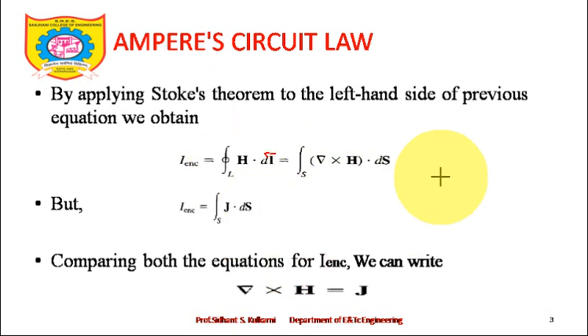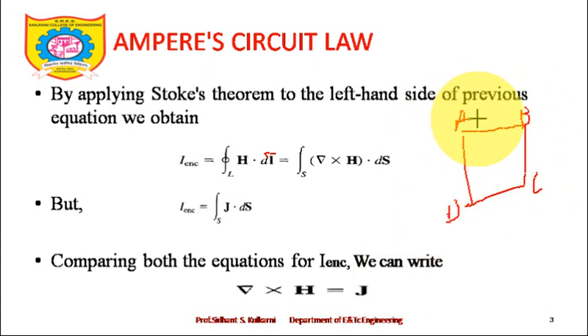See, a closed line forms a surface. Once again I will draw the same diagram. If I start with point A, go to B, then come to C, then D, and finally come back to A, it forms a closed path. So if I start my journey at point A and come back to point A via B, C, D, then definitely I have followed a certain surface. This surface is not a closed surface, it is an open surface. So a closed line means the lines are closed, and they are going to form an open surface.